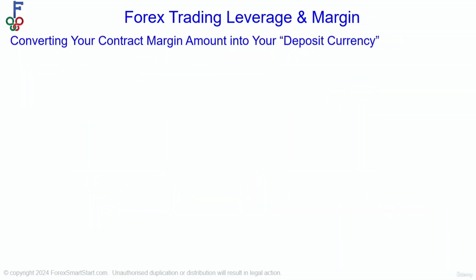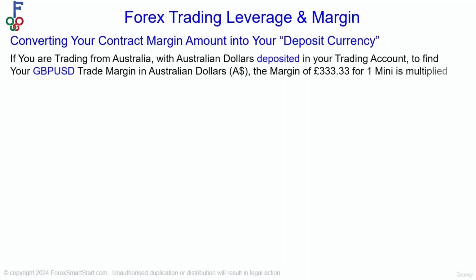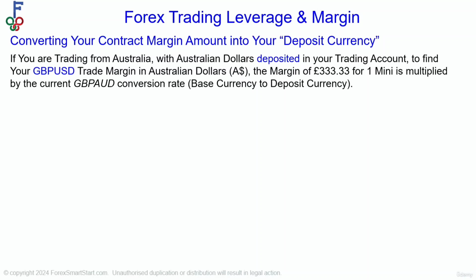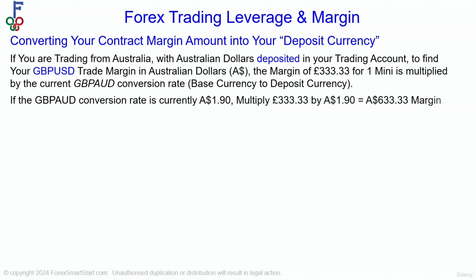Converting your contract margin amount into your deposit currency. If you're trading from Australia with Australian dollars deposited into your trading account, to find your GBP USD trade margin in Australian dollars, the margin of £333.33 for one mini is multiplied by the current GBP AUD conversion rate, which will convert the base currency into your deposit currency. If the GBP AUD conversion rate is currently $1.90 Australian, multiply 333.33 times 1.9 and you'll see that your Australian dollar margin will be